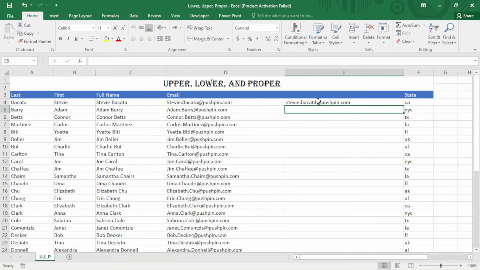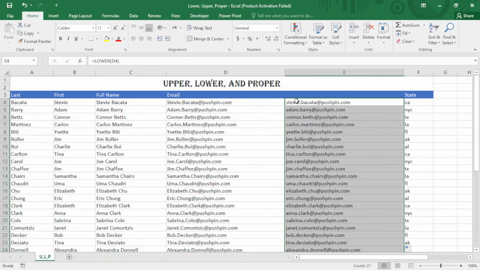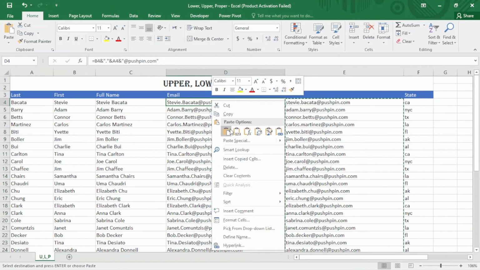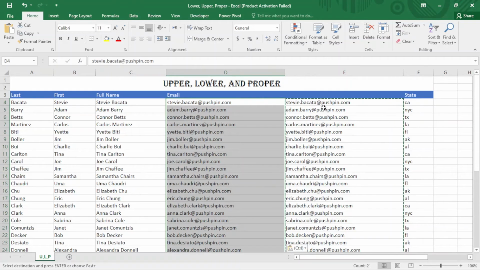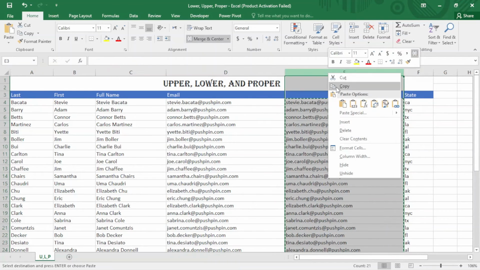You can see it works pretty good, and I just click here. Now I have all my email addresses in lowercase. Control C, come here and paste by value and delete my